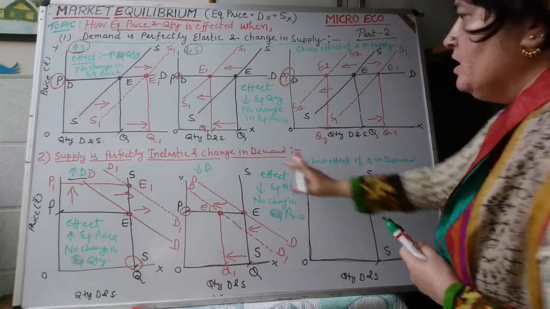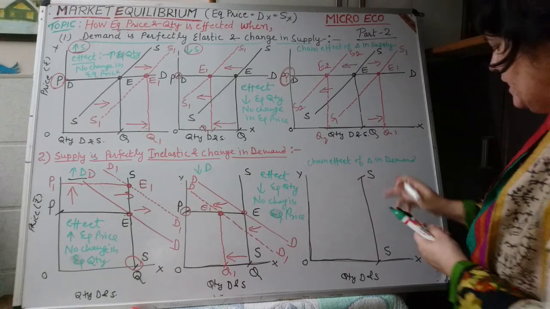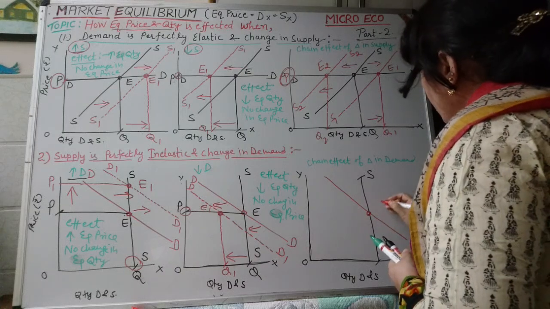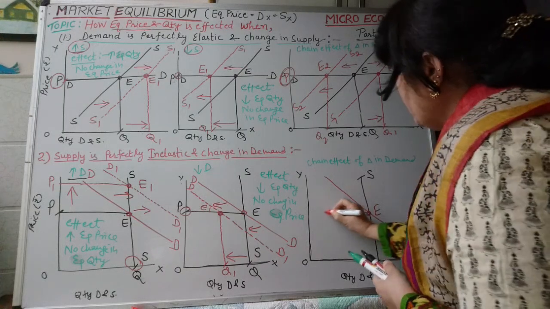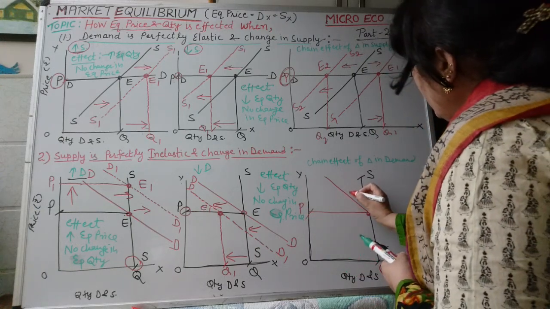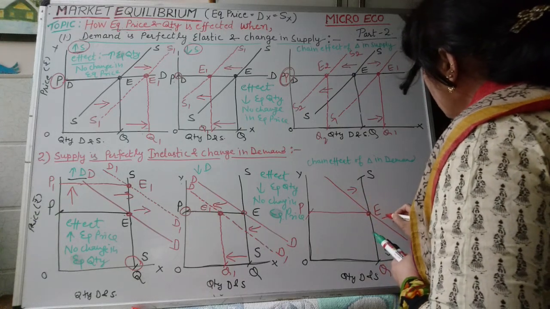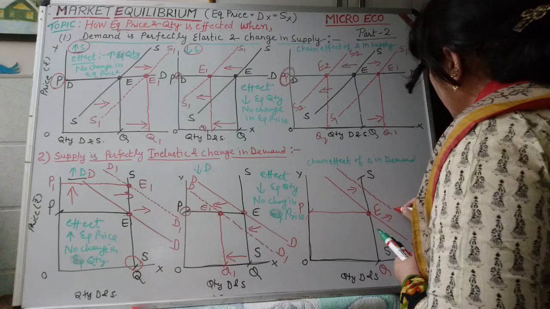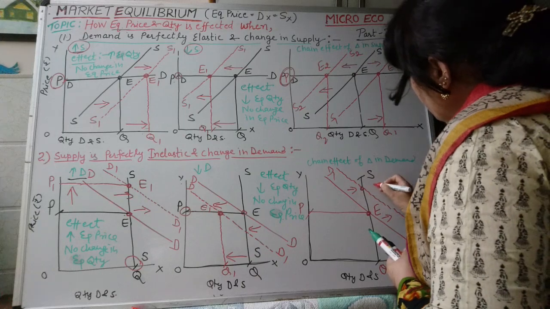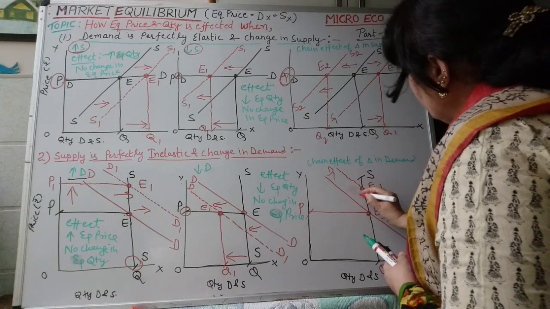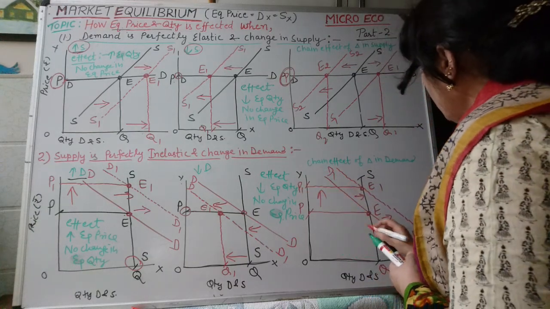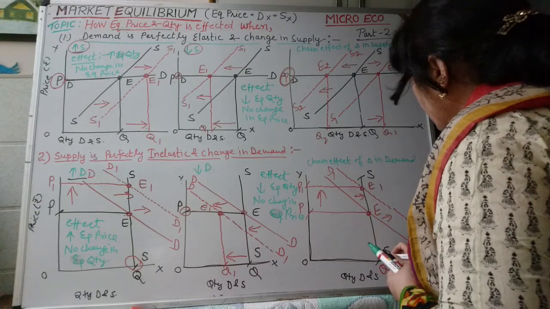And similarly, when supply is perfectly inelastic and we have to prepare a change in demand, we know that by nature the demand curve slopes left to right downward. E will be the equilibrium point, OP will be the equilibrium price, OQ will be the equilibrium quantity. We have to clear, number one, increase in demand. The demand curve will shift towards the right-hand side from DD to D1 D1. The new equilibrium point will be E1. The new equilibrium price will increase from OP to OP1, and similarly quantity will remain the same as it is, no change in quantity.